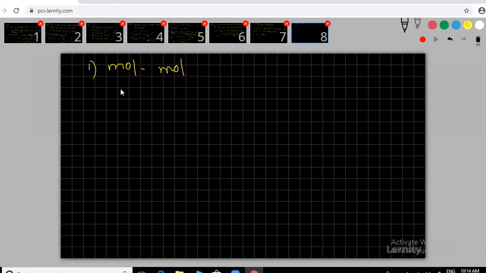For example, I know that 1 H2 plus Cl2 gives rise to HCl. For every stoichiometric equation, you have to know the balanced equation. First, you need to balance the equation. That is the first priority. Clear? This is the equation. So 1 mole of H2 and 1 mole of Cl2, we'll get 2 moles of HCl. Is it clear? Any doubt?